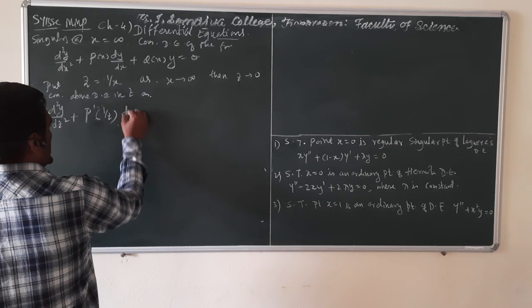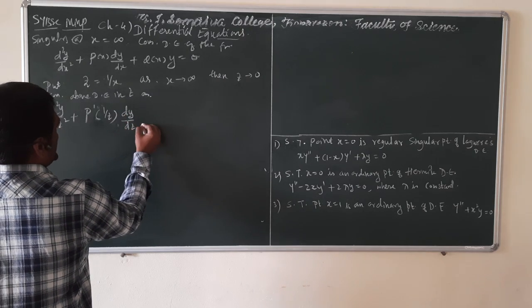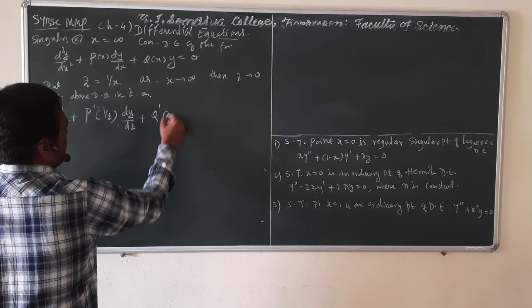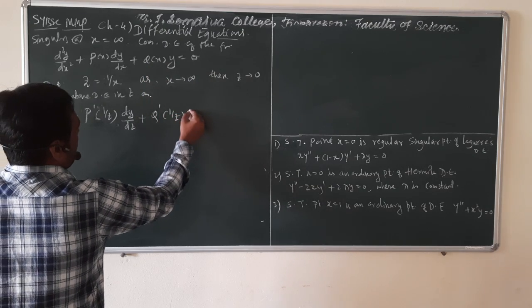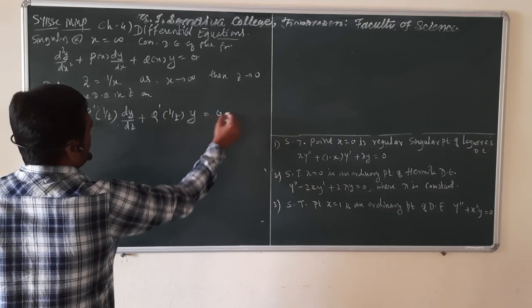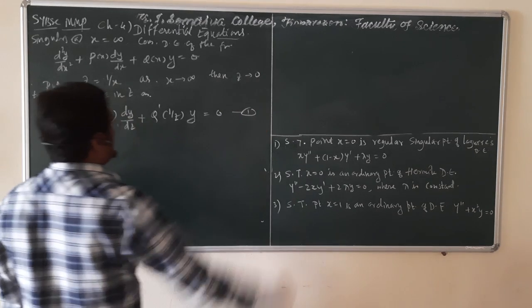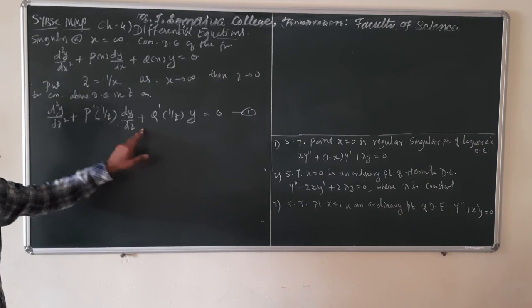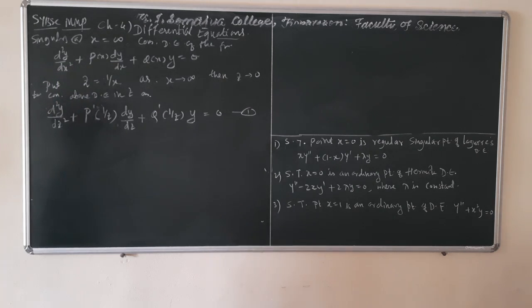Okay, into dy by dz plus q dash instead of x. Here we have 1 upon z and y is equal to 0. So we have to convert this differential equation into this form by using this relation between z and x. Okay. So now let